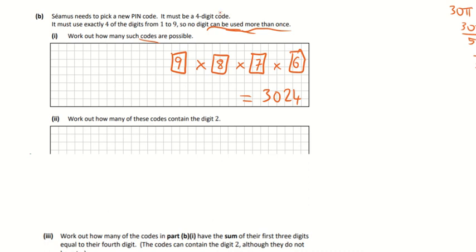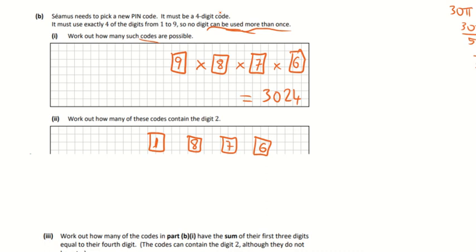Right, so the second one, it's a similar kind of an idea, but it's a little bit trickier. So again, there's 4 different types. So one of them you can only have one possible outcome, so we'll just put it there for now. So one of them has to be a 2. So if there's a 2 there, well then there's a 2 gone, so there's only 8 left to choose from, and then 7 for the next one, and 6. So if you multiply those together,